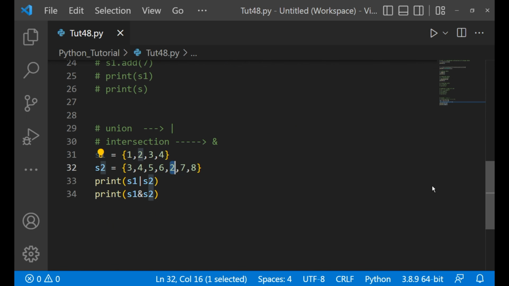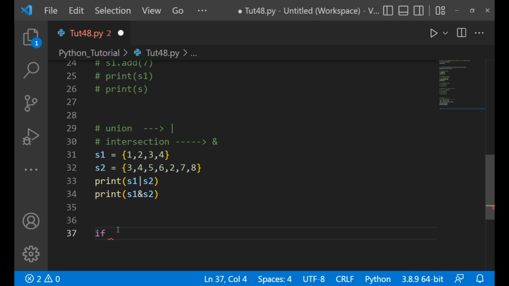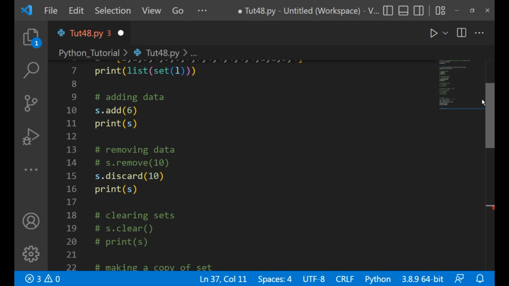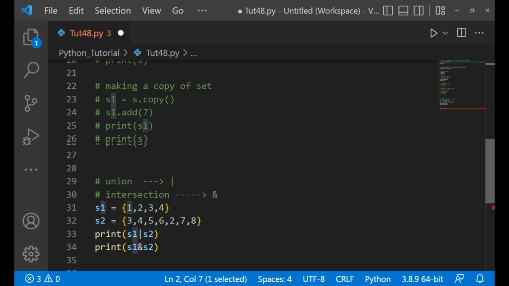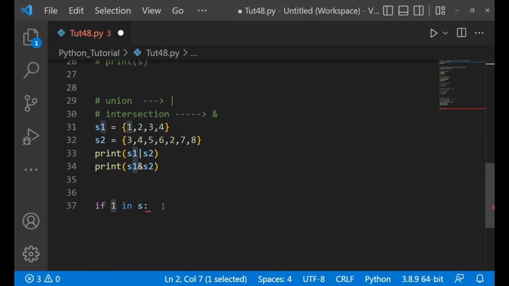And now let's see how to check whether a particular data is in your set or not. So now here if I write if 3 or let's say 1 in S, that is this set, this one. So I'm checking whether 1 is in my set or not. So if 1 in S,